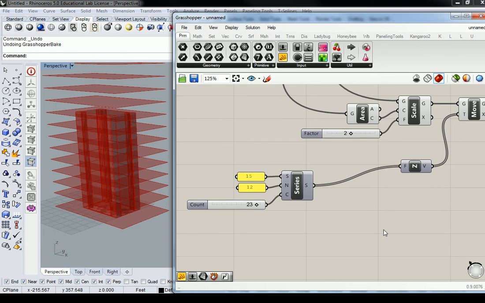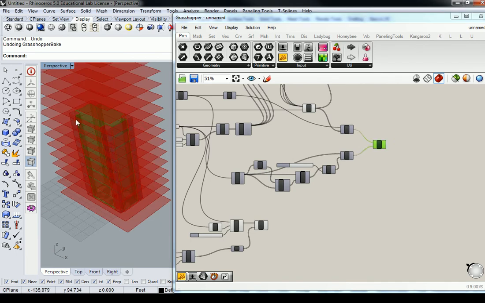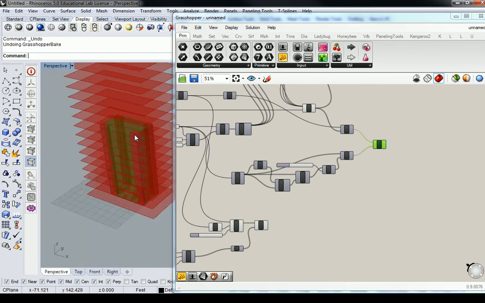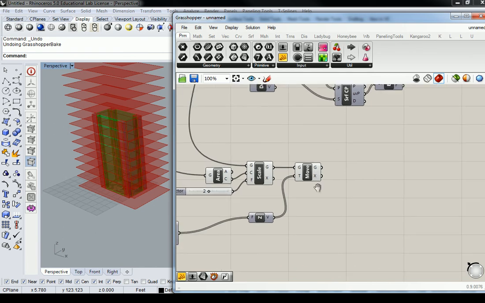Okay, so with this, to create the floor plate, we have to do a couple of things. We have to create a surface that gets trimmed out by the volume that we generated. This one right here, right? Because this is going to establish the profile of our floor plate. And then we're going to create a surface and extrude it in order to give it some thickness. So let's